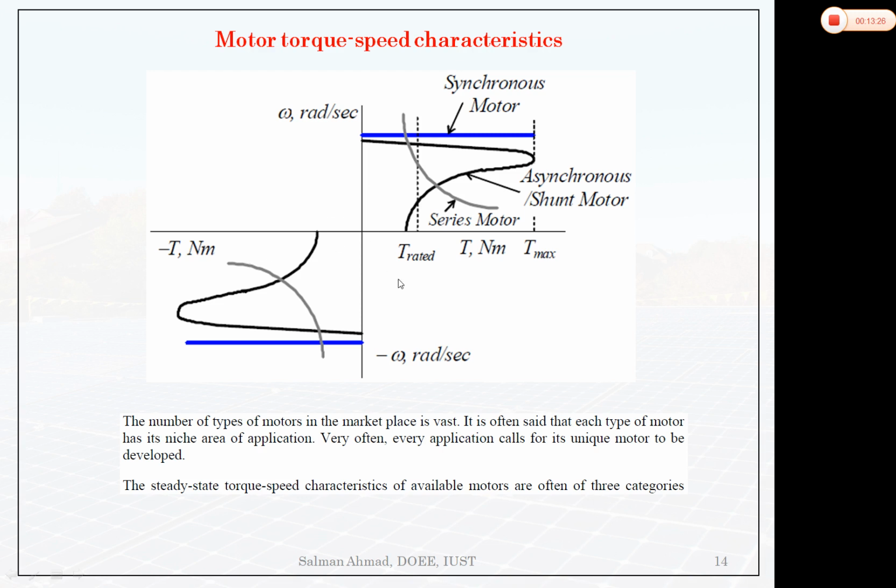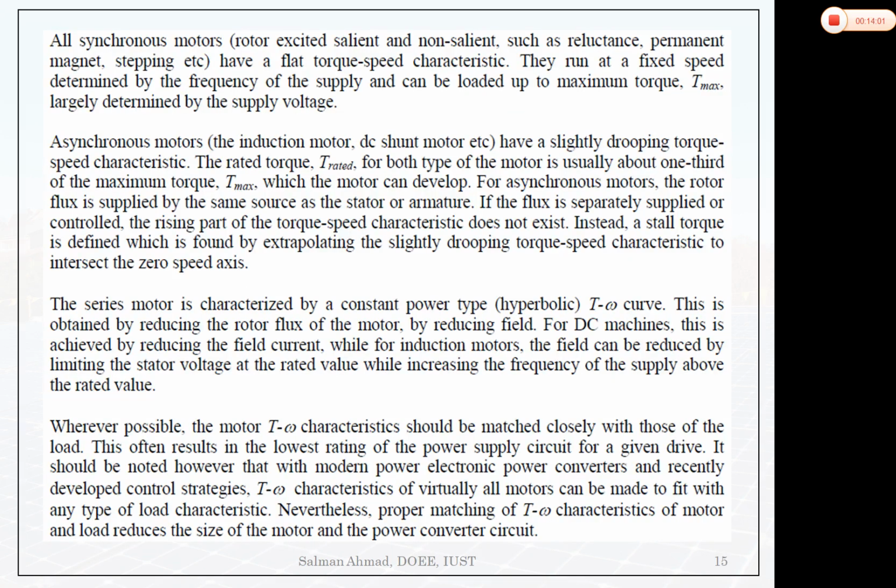So based on the load torque-speed characteristic, we can select a motor with that particular speed-torque characteristic. There are a lot of motors available in the market. You first have to consider what type of load you are going to drive, then check its torque-speed characteristic, and based on that, select the motor. Power rating is also important, because some motors cannot drive very huge loads. So depending on the situation, you have to select the particular motor. Those torque characteristics are discussed here in detail, and you can read them.